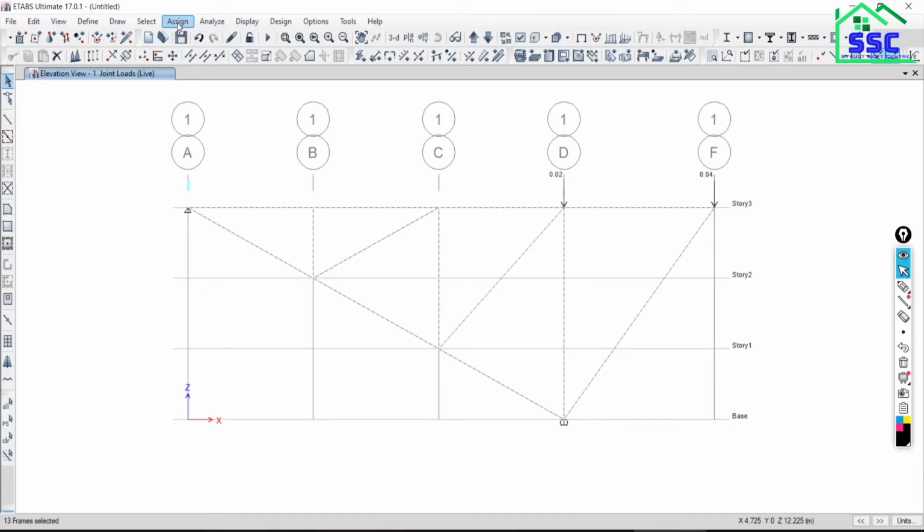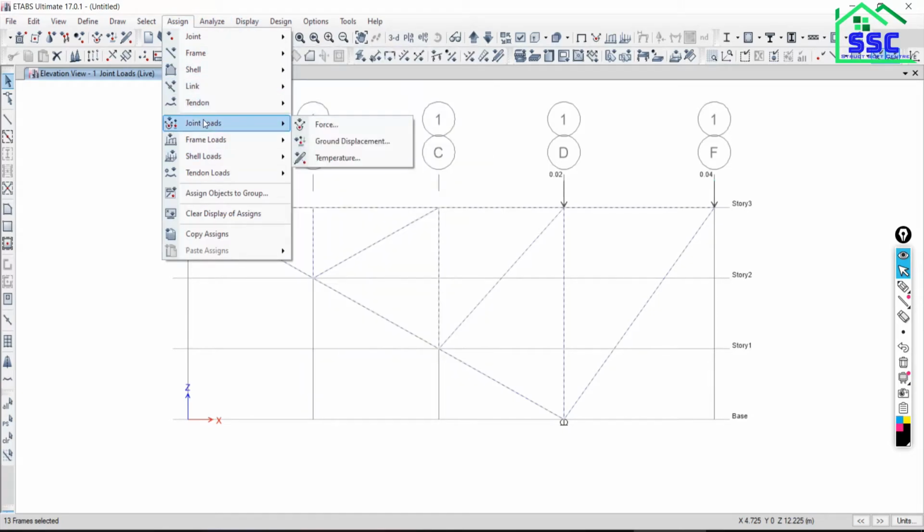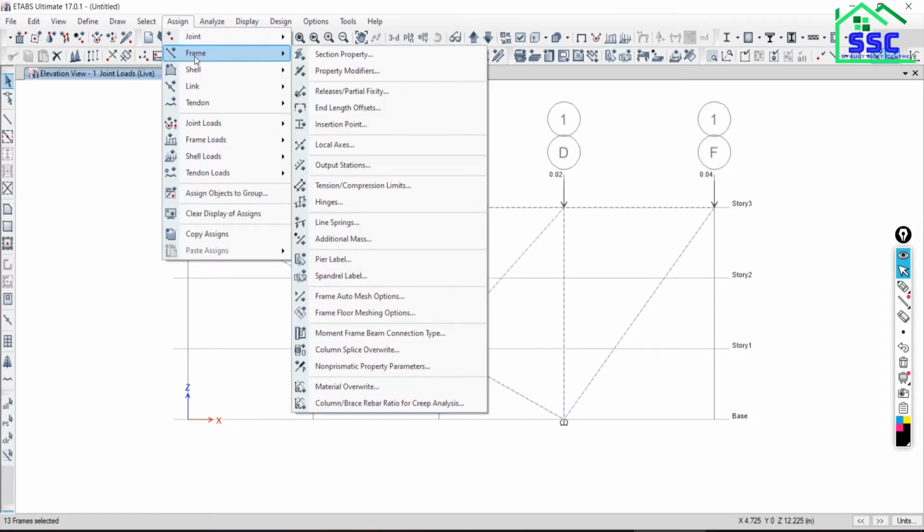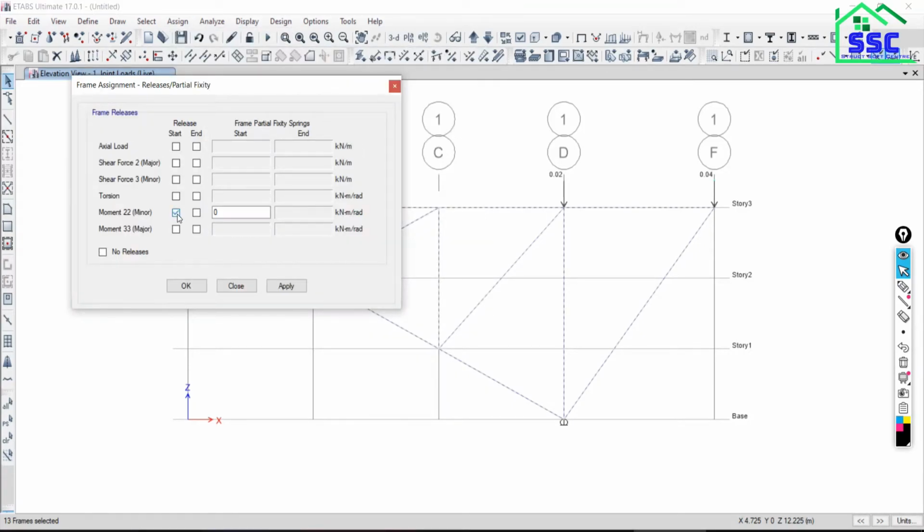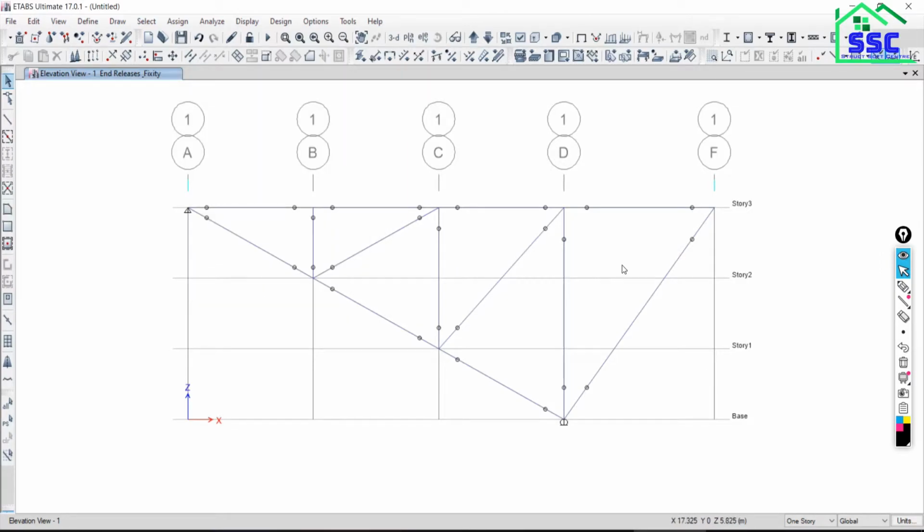Then go to assign, go to frame, then releases. In both the ends, apply. So all the frames have been assigned with the releases.